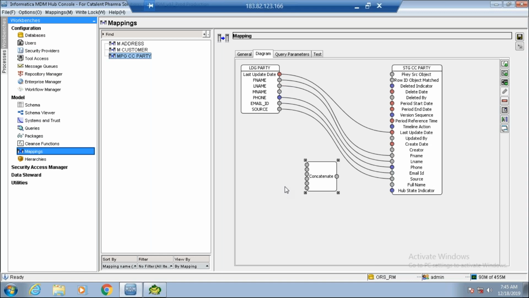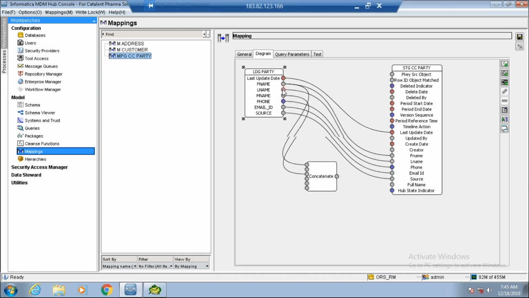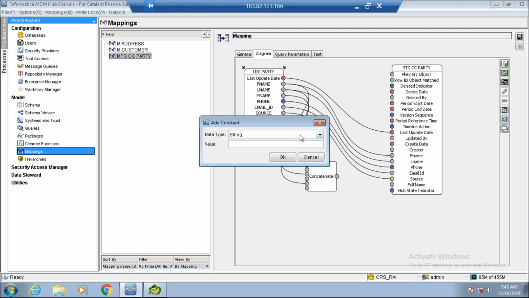What I want to do is I want to concatenate first name. I want to concatenate my middle name. I want to concatenate my last name. And before I send it, what I want to do is I want to add a constant like